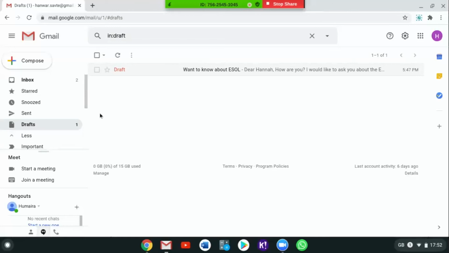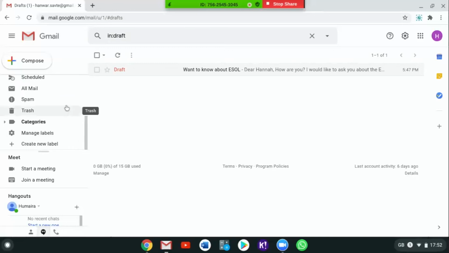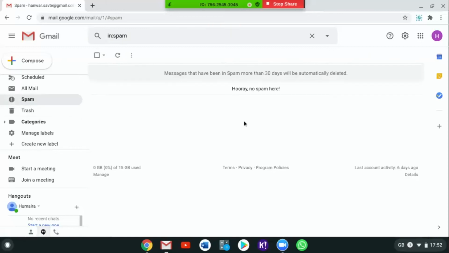Then when you click on more, you can see further options popping out. In these options, there are two main options that I want to tell you. One is spam. Spam is a folder where Gmail decides which emails look like advertisement, fraud, fake, dangerous or suspicious and puts them in. So all of the emails that are not relevant to you go to the spam folder.